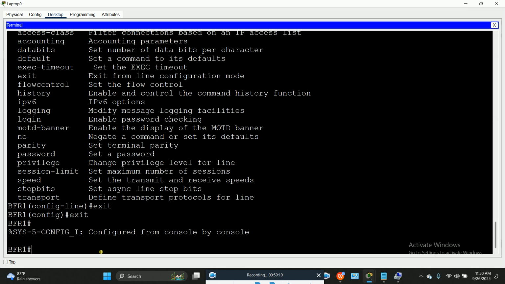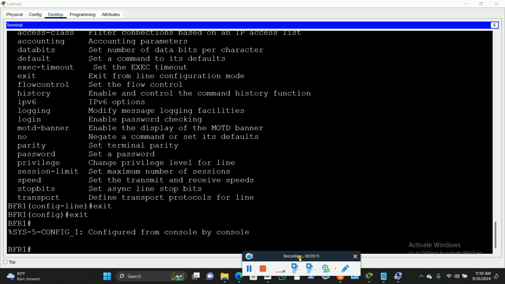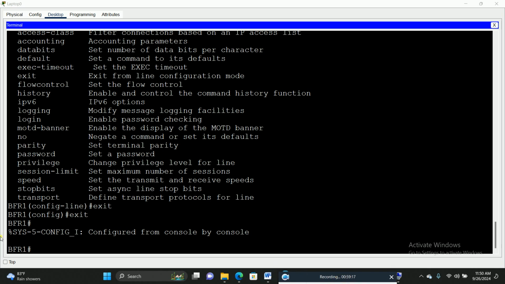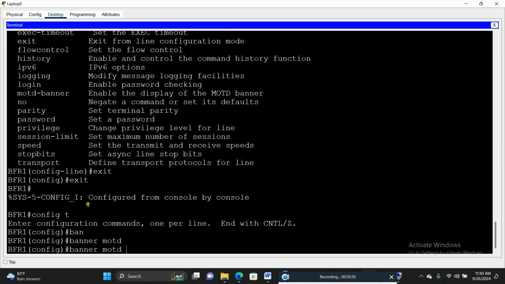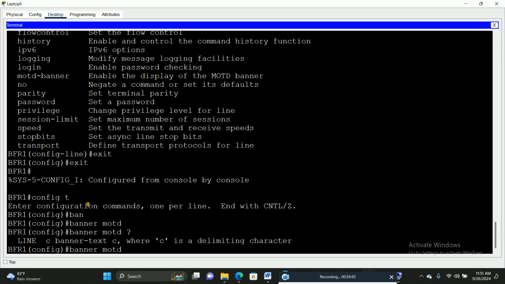For this particular configuration to work as expected, we also have to create a banner. So let's go to configuration mode. Then let's set a banner MOTD. MOTD stands for message of the day: M is for message, O is for of, and T is the day, so message of the day. Then you can choose any delimiter, because when you press Shift and the question mark, it says